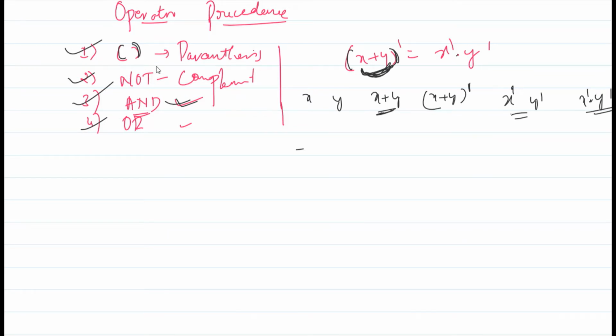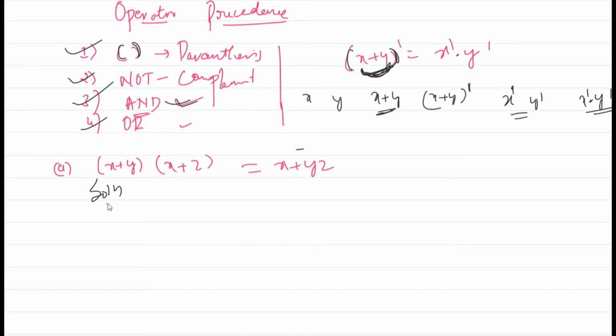This is all about operator precedence. Okay, that is fine. Now we'll take one example to solve. We already studied the Boolean postulates and theorems. Now we can use those theorems on any expression to simplify a Boolean expression. (x plus y) into (x plus z), we have to prove this equals x plus yz. How to prove this? Can you solve this? I will show you, and I will give some work to you. You have to do that.